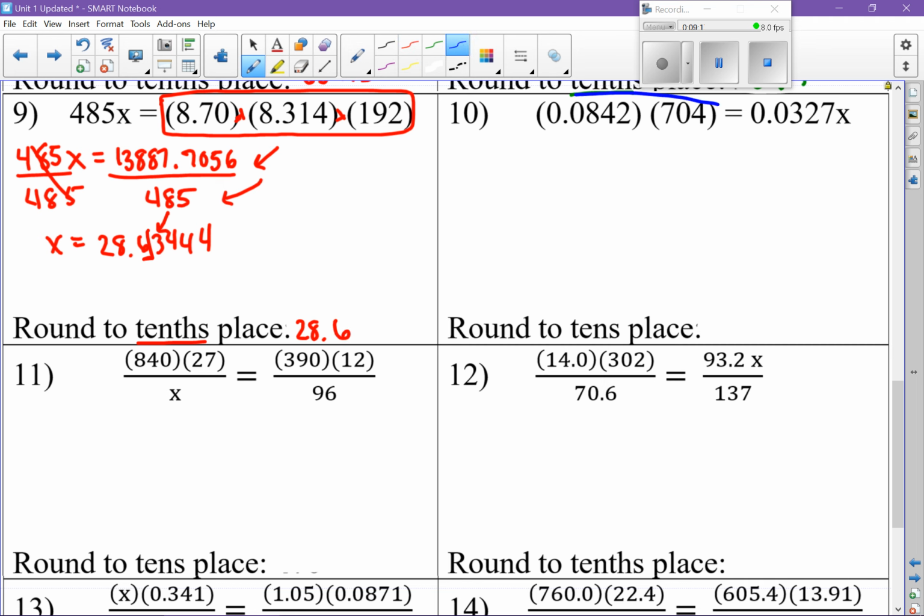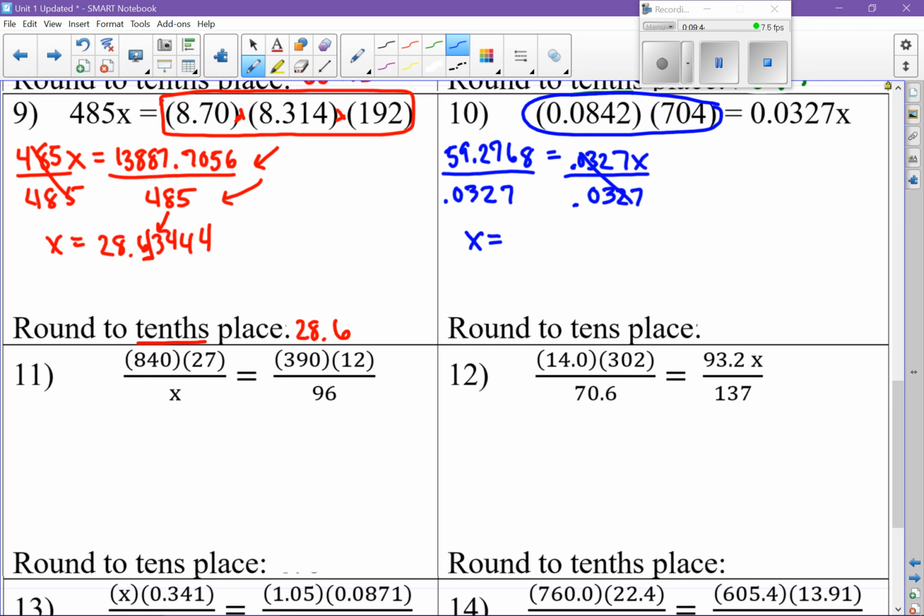Over here, let's start by combining like terms, and let's multiply those two numbers together. That's going to give me 59.2768 equals. Keep the 0327x on the other side. Now you just want to get x by itself, divide by the thing that's touching the x. 0327. When you divide, you'll do this number divided by that number, and your calculator is going to say